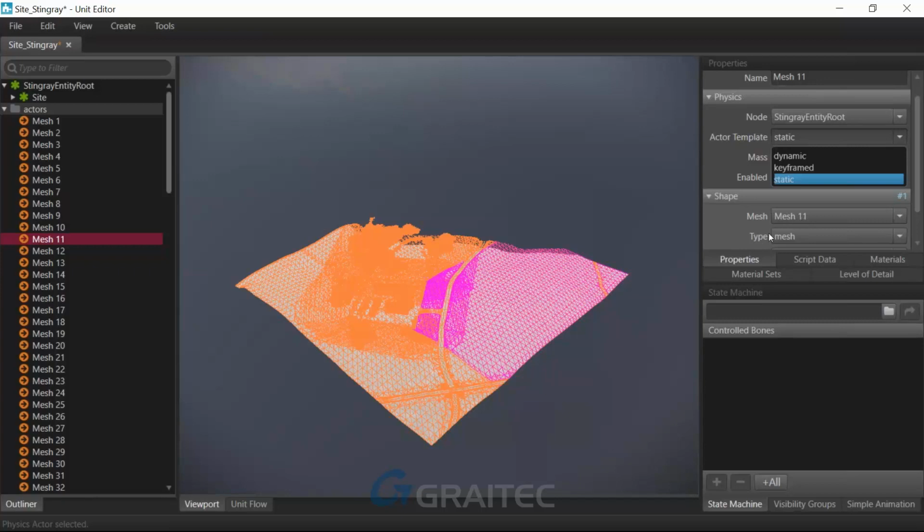And your mesh, your type will be mesh. So once you do that, you go up here to File, save it, and you can close out your unit editor. Okay, once you close out your unit editor,